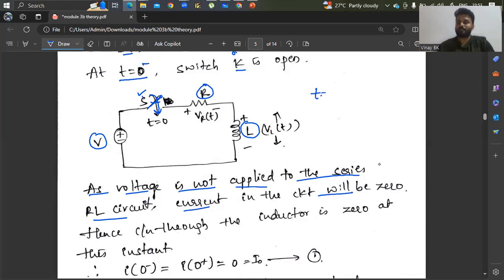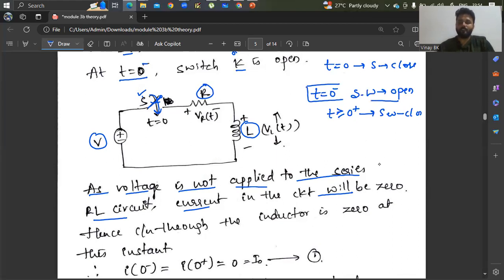At t equals to 0 minus the switch is open, and at t equals to 0 the switch is closed, and again for t greater than or equal to 0 plus the switch is closed. So at t equals to 0 minus the switch is open. With it open there is no possibility of current flowing because of the open circuit, so the current through the inductor will be 0. At t equals to 0 minus, I of 0 minus is 0 before closing the switch, and that will be the same as I of 0 plus,